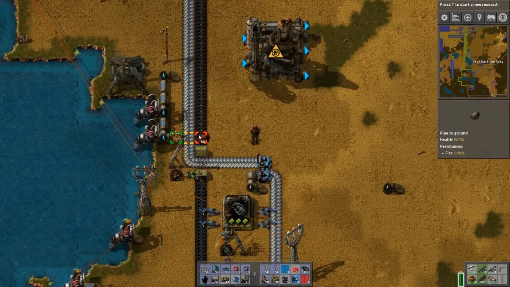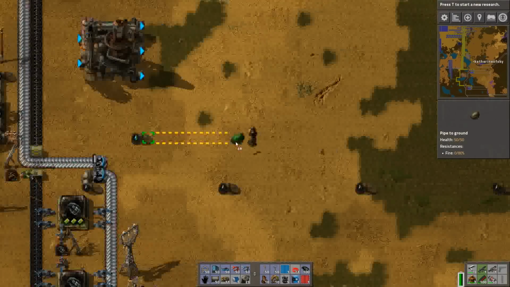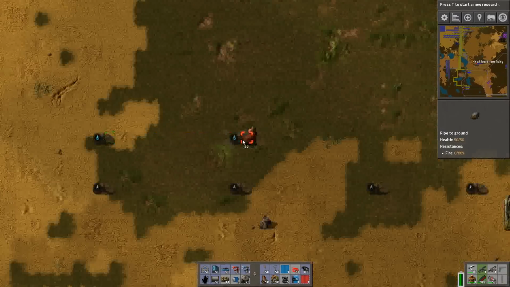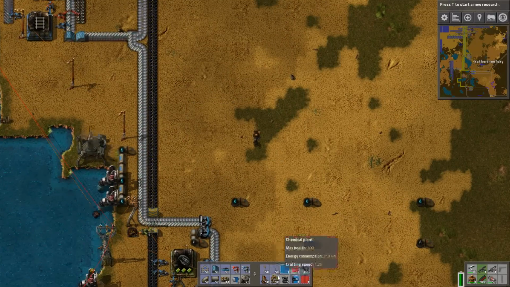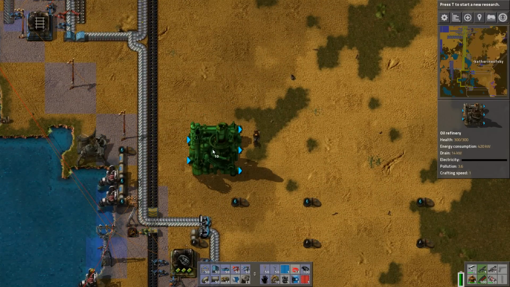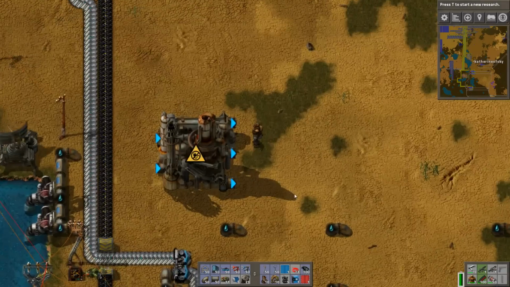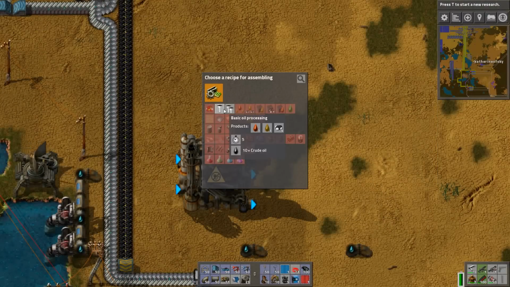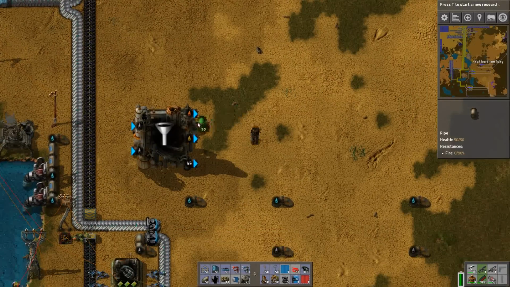Now you're not going to need water until you get to advanced oil processing, but that's okay. We will get there. So I guess I can put this a little bit closer. And yeah, that can be right here. I'll just leave the space. There's no harm in leaving space. So the first thing you're going to choose is basic oil processing. This is what you're going to have at the very beginning of your,